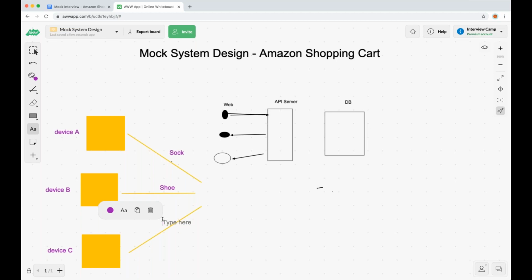Sock, shoe, and I don't know, what's another footwear item? Sandal, right? So each of these added 3 items. So if this was just based on timestamps, last updated, then it becomes a race condition, right? One of them will win